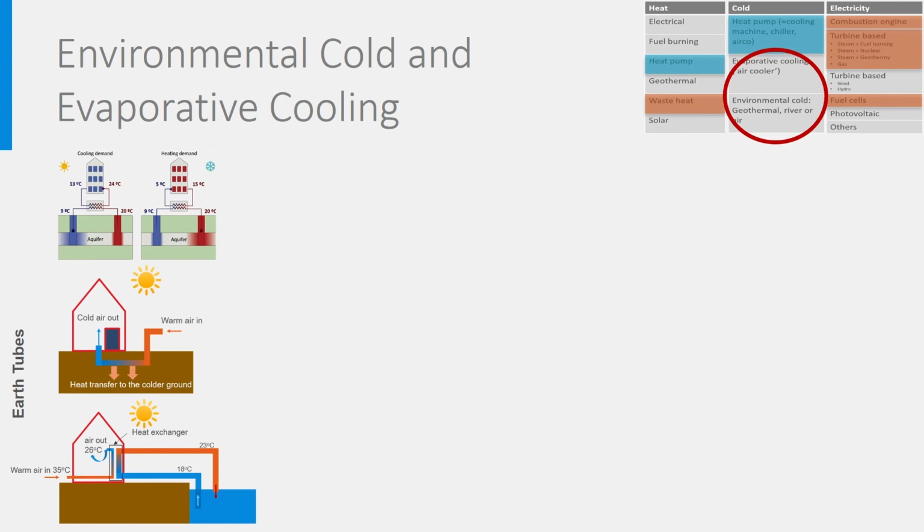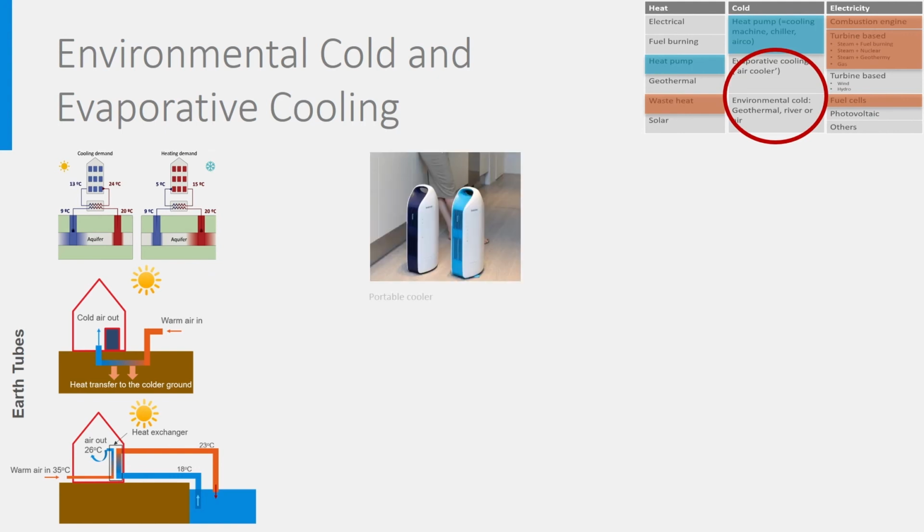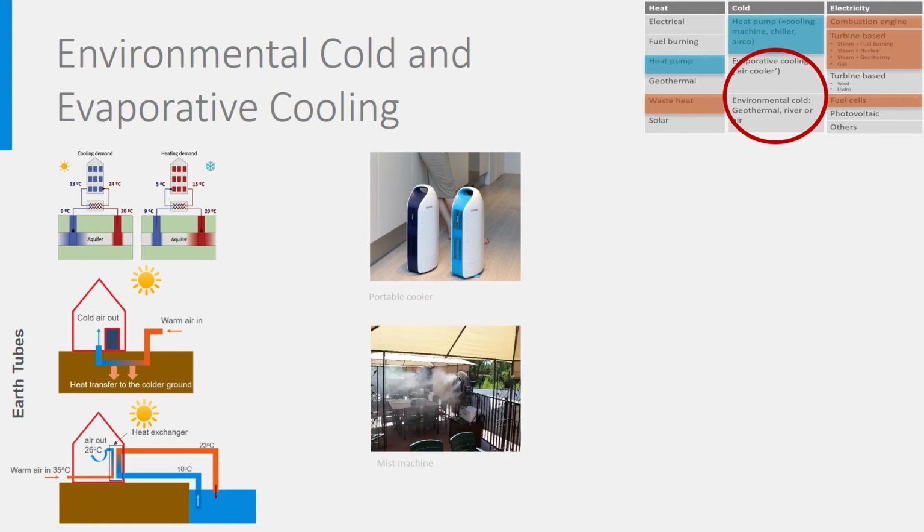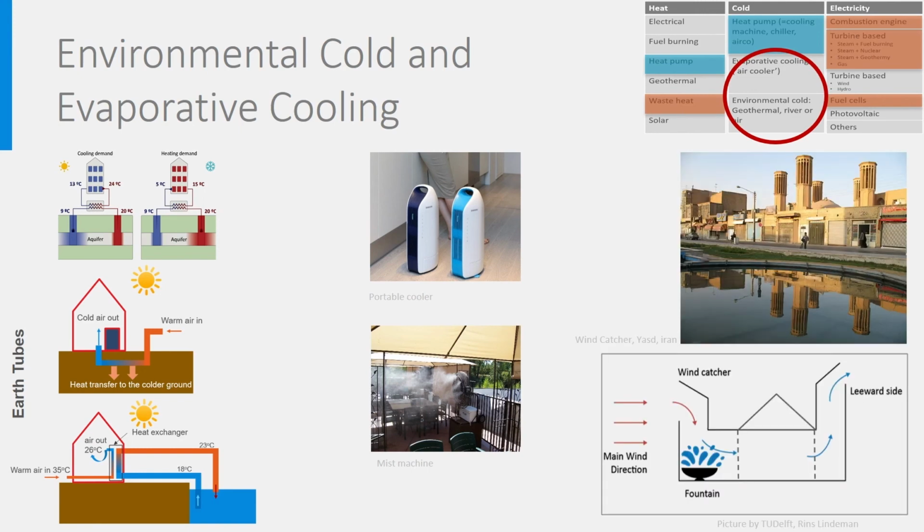You see here a few examples of evaporative cooling. Above, a very simple, not very effective home system with just a water container and a small fan. Then a mist machine, often used outdoor to cool warm outdoor air. Finally, a picture of a wind catcher in Iran. When used in combination with a fountain or a spray, see figure below, it is quite effective in cooling warm,